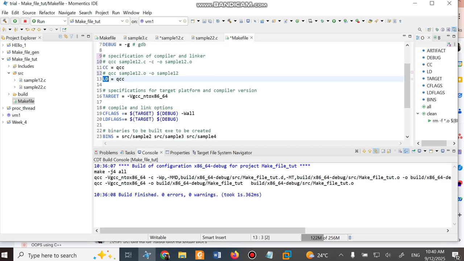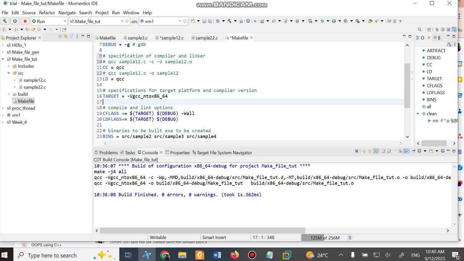Next, we are supposed to specify the target architecture. Here we are selecting NTO. NTO represents QNX Neutrino. In that QNX Neutrino, the specified architecture is x86-64 and the cross compiler we are using is GCC. Next, for this compiler and the linker, we are supposed to pass the options.